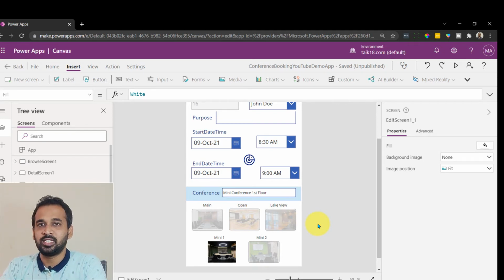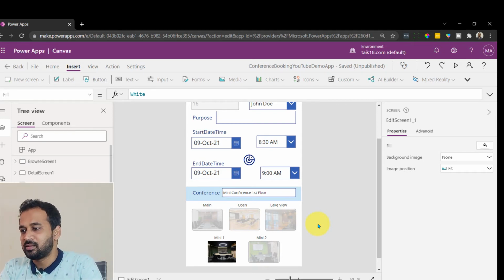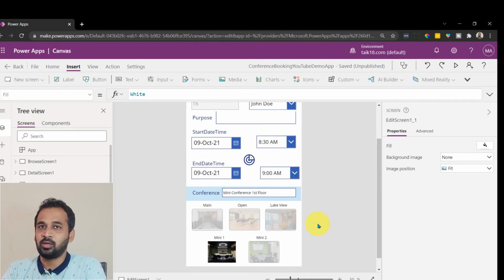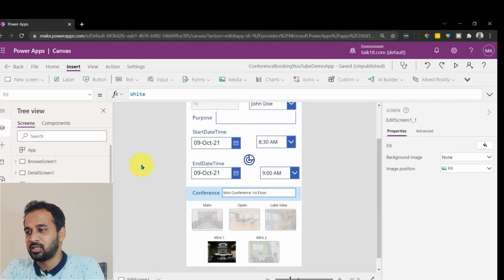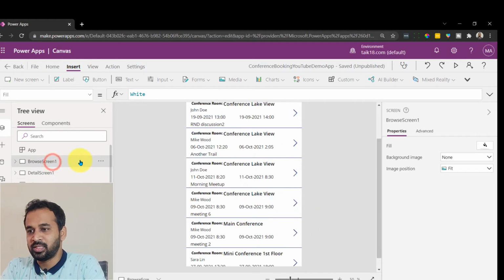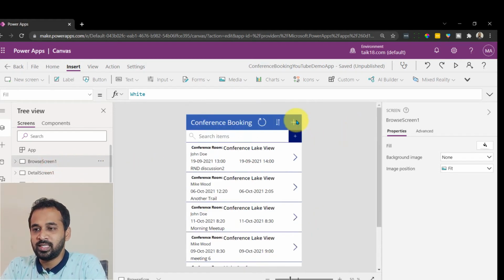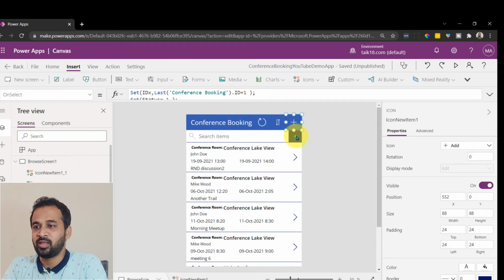The UI is ready now, and the next thing is we need to redirect from the home screen to this screen, and also from the detail screen to this screen. So how can we do that? It's just a simple thing. For now, what I did here is I just copied and pasted it here. We can even change it directly, but as an additional option, I copied and pasted it here.